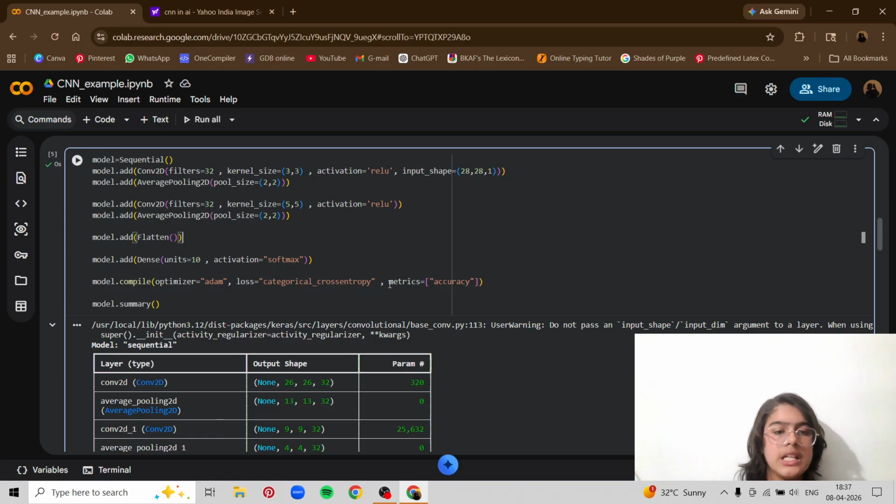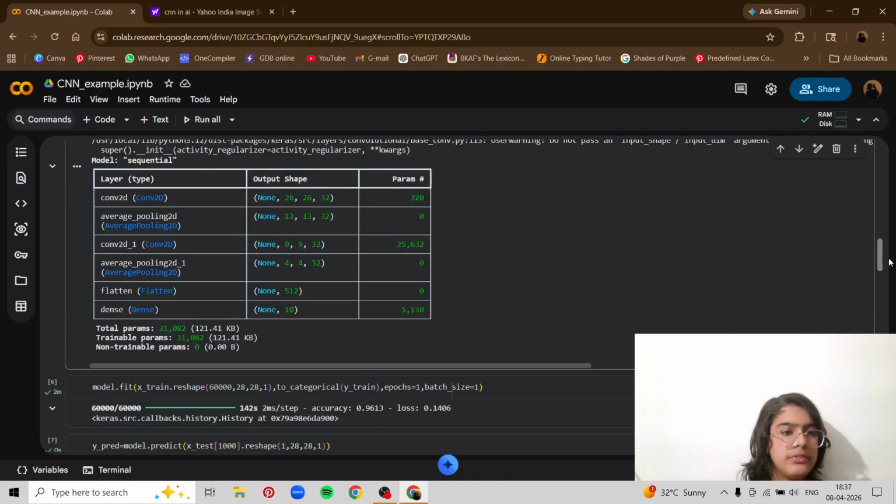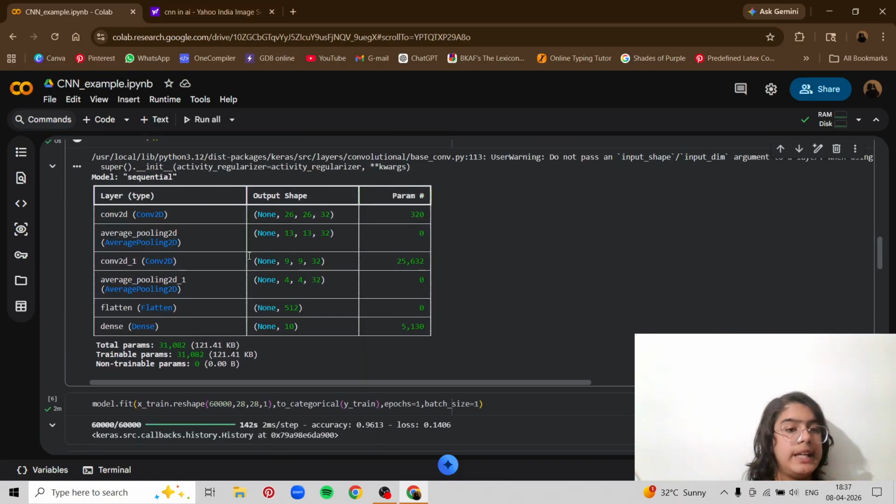So metrics accuracy basically tells that I want the output on the basis of accuracy. And next, in the output we have a table. It is just showing us the parameters, trainable parameters, total parameters, and what happened after the flatten layer and dense layer.